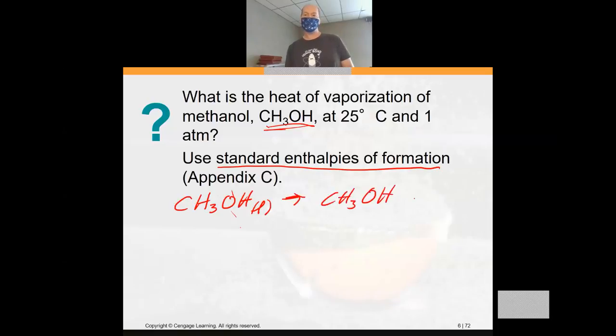CH3OH gas. When you're looking at your standard enthalpies of formation, you've got to find your delta H naught formation for both the liquid and the gas. And you're going to take the product, the gas, and subtract the reactant, the liquid. When you get the delta H for this,